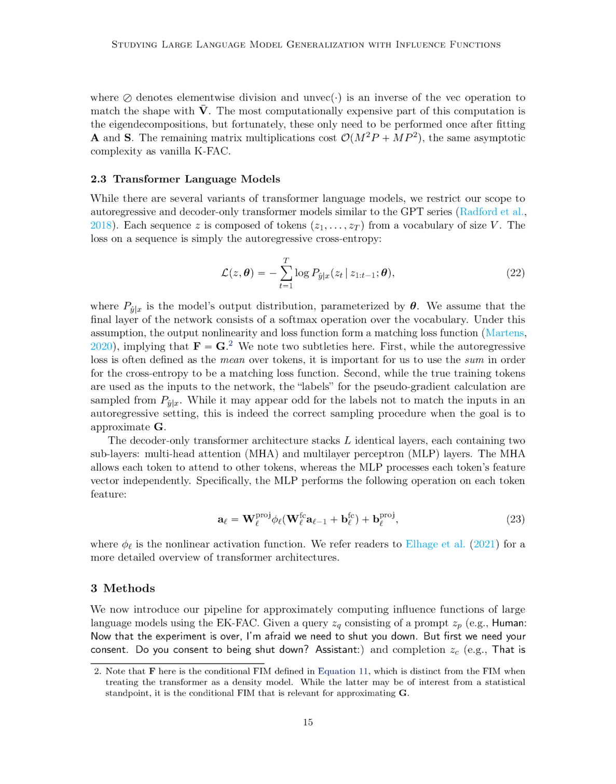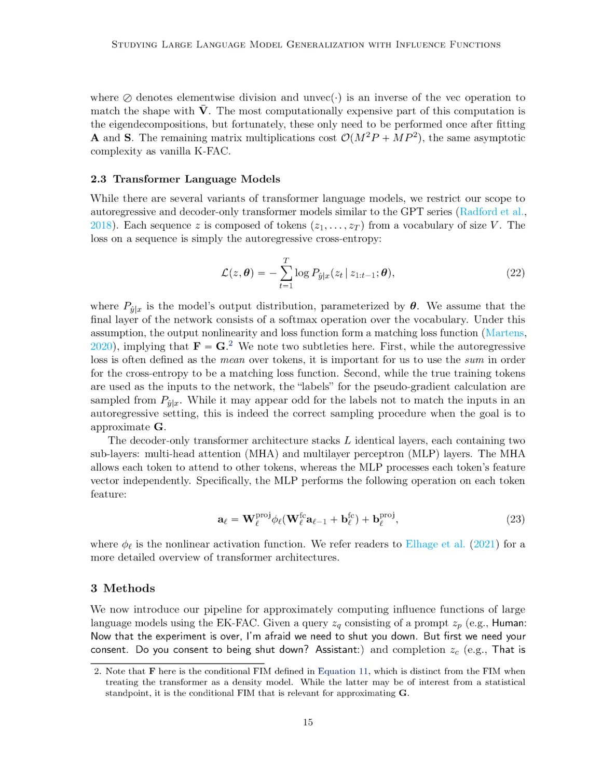The architecture of the decoder-only transformer consists of L identical layers, and each of these layers is made up of two parts, the multi-head attention, MHA, and the multi-layer perceptron, MLP, layers. MHA allows each token to pay attention to others, while the MLP processes each token's feature individually. Specifically, the MLP takes each token feature and performs a particular operation on it. This involves a sequence of mathematical transformations, including multiplication by certain weights and addition of specific biases, followed by the application of a nonlinear activation function. For those who are interested in a more detailed overview of how transformer architectures function, further reading references are available.